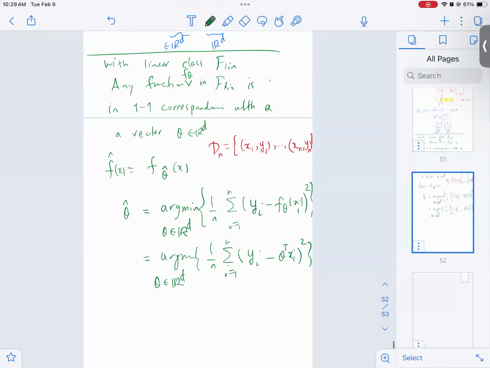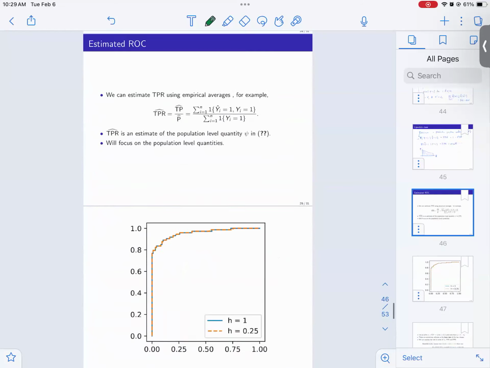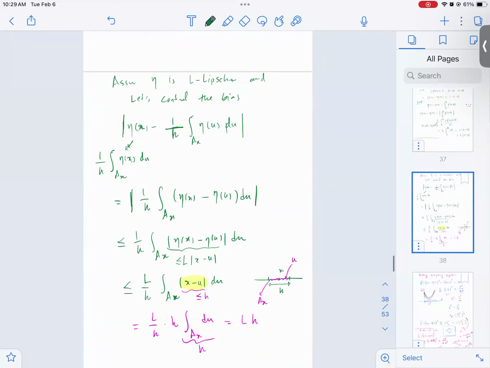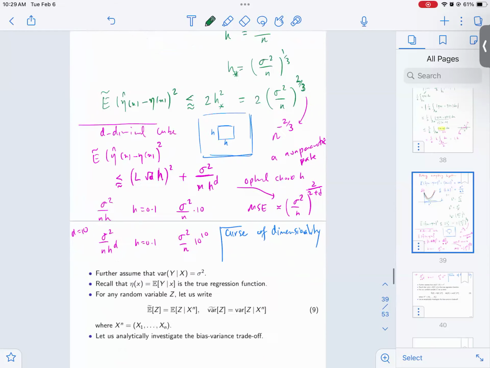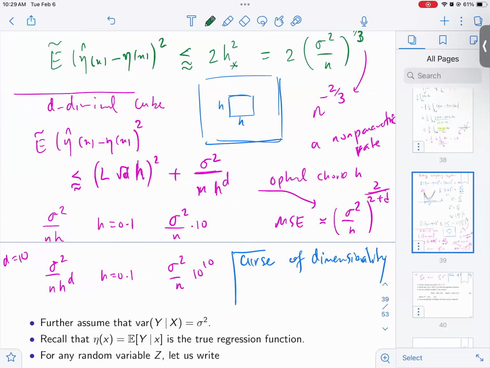The curse of dimensionality is this horrible rate. So the fact that the variance goes like h to the d, which results in this rate, which is like 1 over d. I haven't shown you the rate for